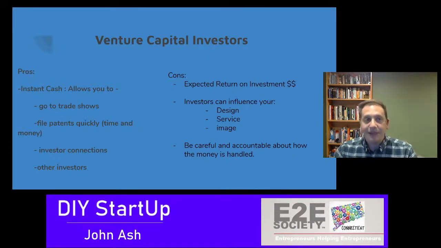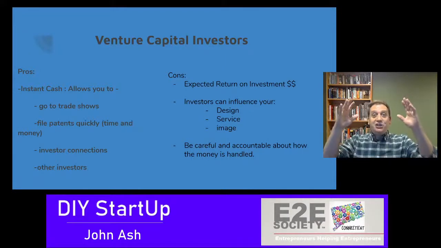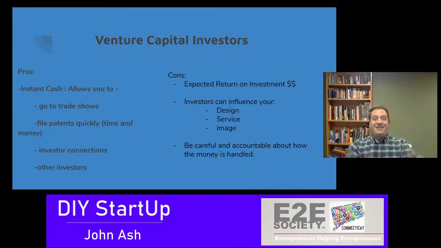Good things and bad things about that. One of the good things about venture capital investors is you get instant cash. Cha-ching! Check in the bank account. Bang! You get $4 million or whatever it is to do what you want with, to build your business. That's awesome. That's incredible. That's like a dream. It allows you to do things that you can't do when you're doing crowdsourcing or if you're doing a DIY startup, building stuff in your basement like I am over there. I can show you my workbench. Someday I'll show you my workbench.